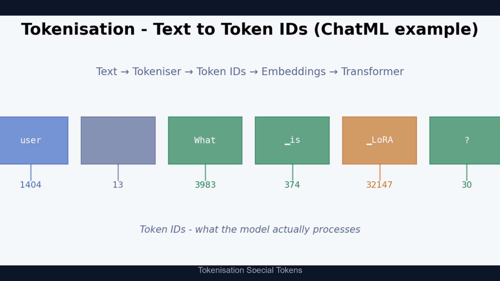The model never sees text, it only sees these integer sequences. Understanding this mapping matters for one practical reason. If a special token isn't in the tokenizer's vocabulary, it won't get its own dedicated ID and the template structure silently breaks. That's why the token vocabulary check from the testing section is worth running every time you set